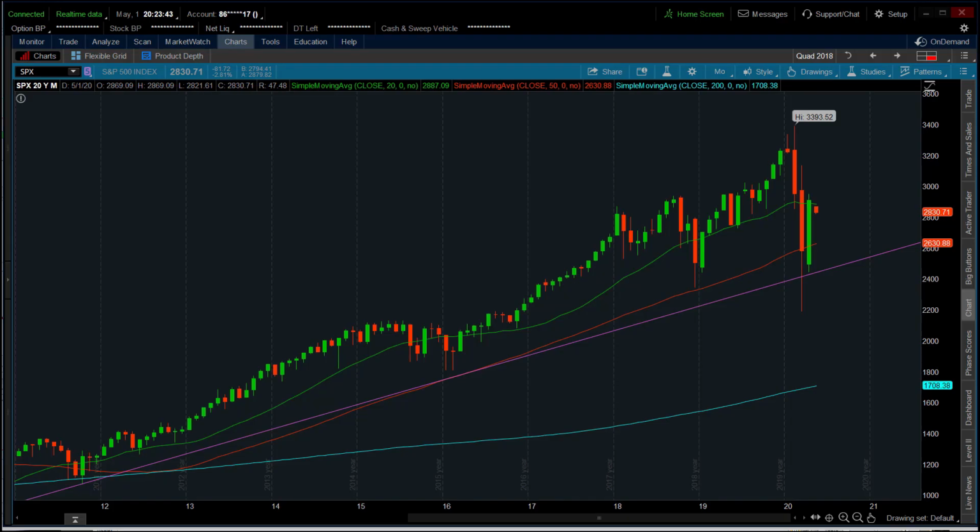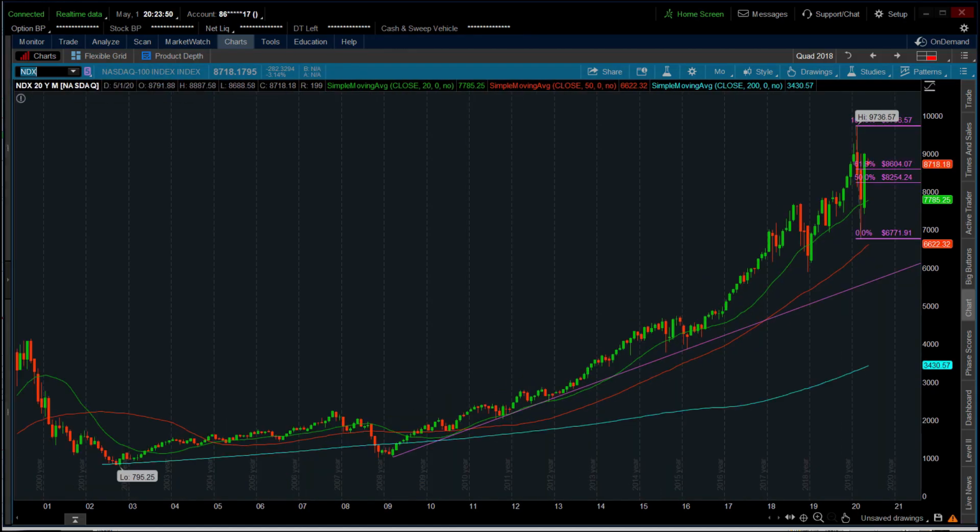But I'm just saying, let's just look at what we have in front of us right now, and I'm just looking at the monthly of the SPX. Does not seem all that bearish. Now,